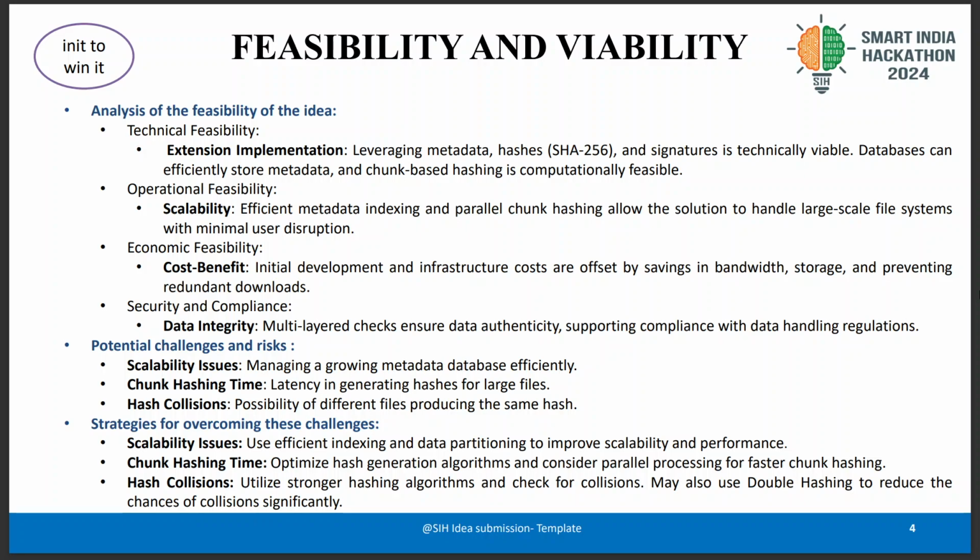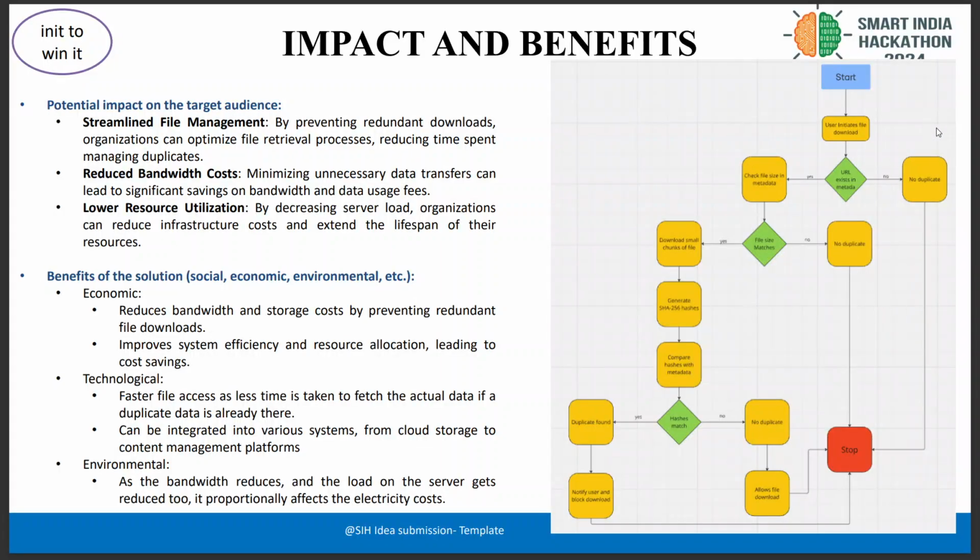And there are also possibilities of hash collisions. To reduce it, we can use double hashing algorithms, as you may have heard of, or other strong hashing algorithms. Then the flowchart is basically when the process starts, the user initiates the